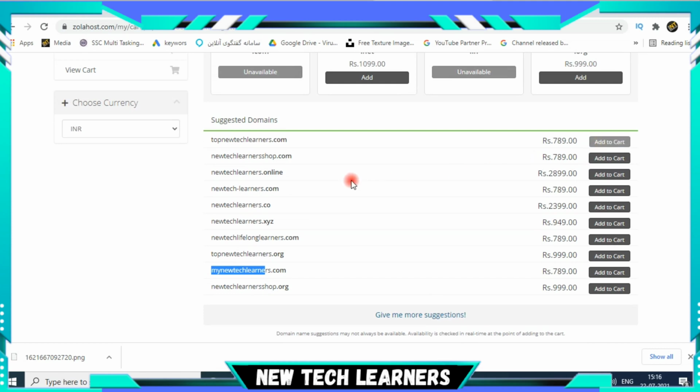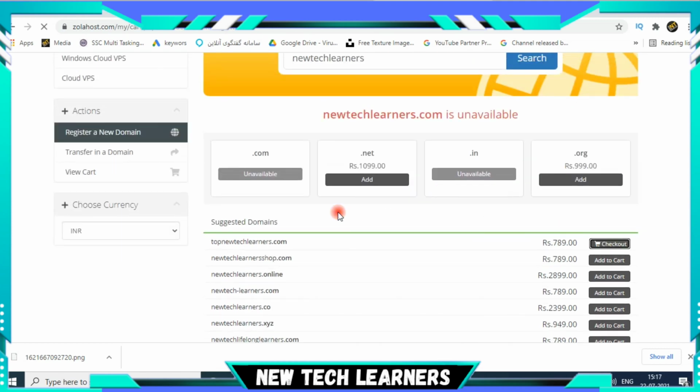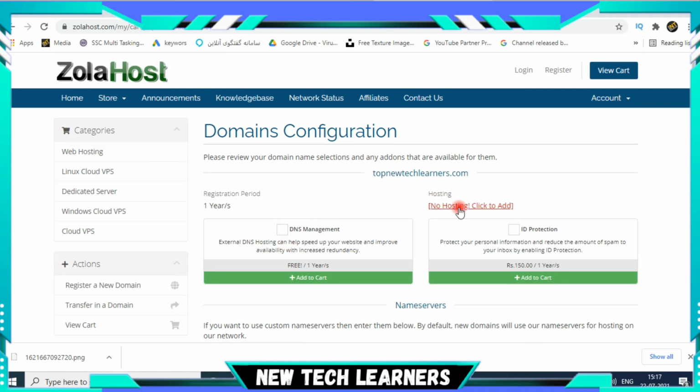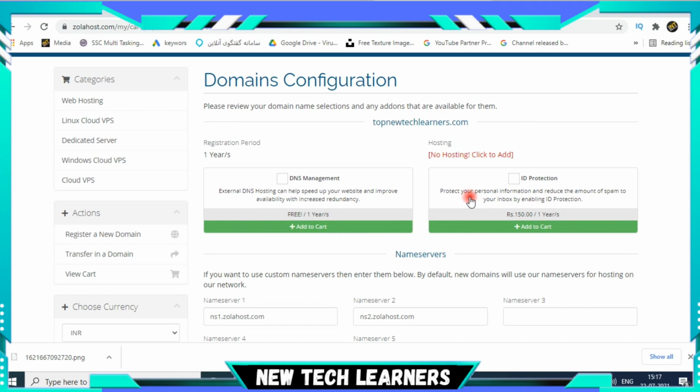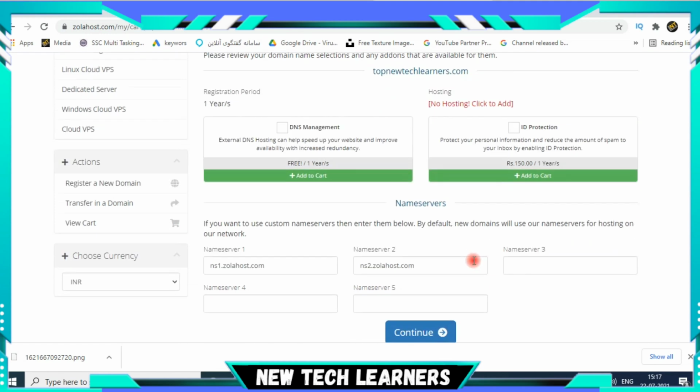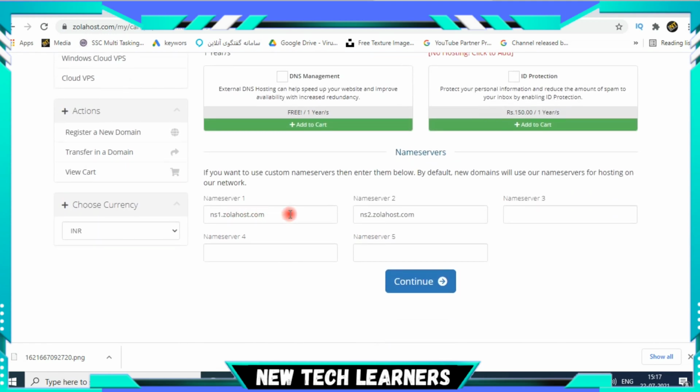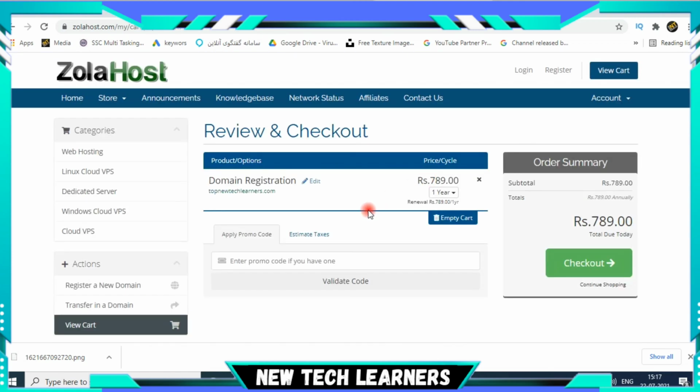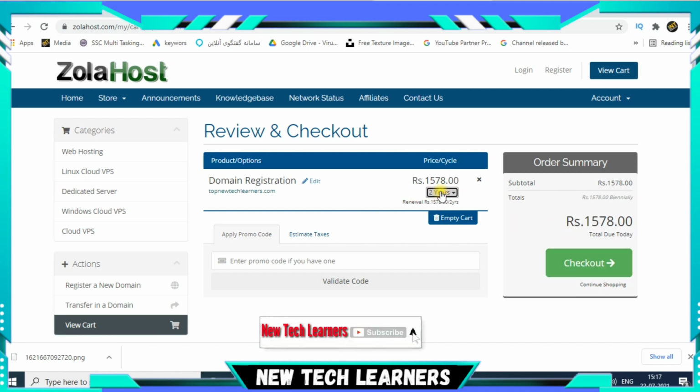So you just have to click on the add to cart button, and then you have to go to cart, and you have to check out, and then you can click on these options, like these are showing some protection and some other options. So you just have to ignore them, and then enter your details like your billing address and something like this, and don't touch this, and you just have to click on continue. And then you'll be directed to this page, and you just have to check out, and you can also enter the promo code and something like this. And you can also select for 2 years or for 3 years, and you will see the total charges.